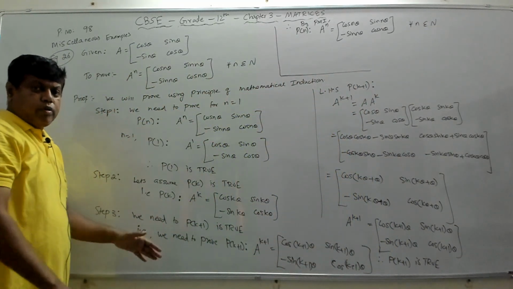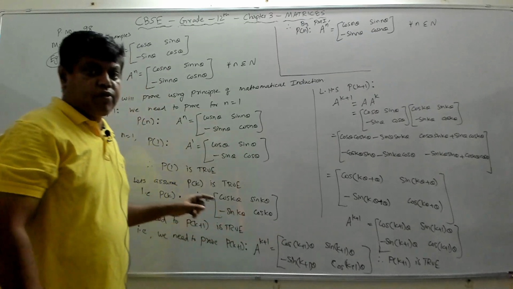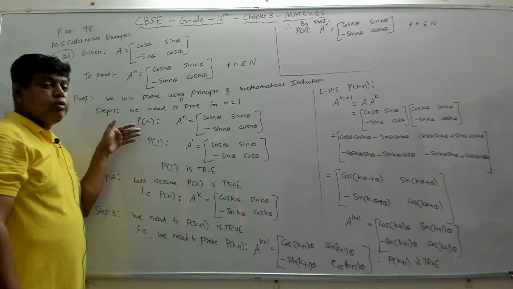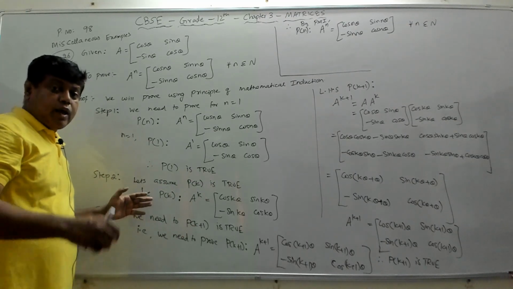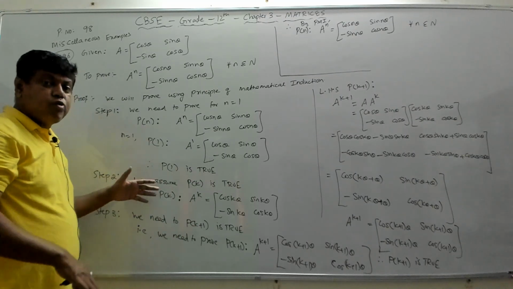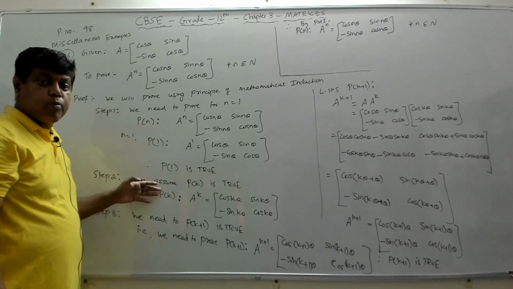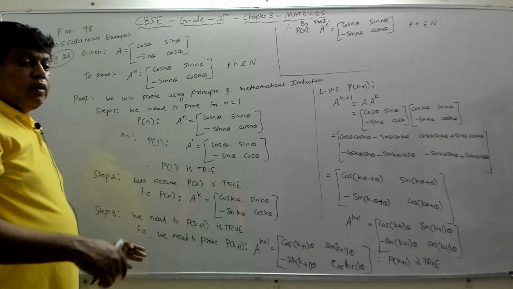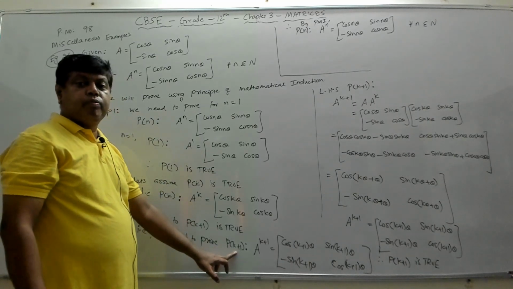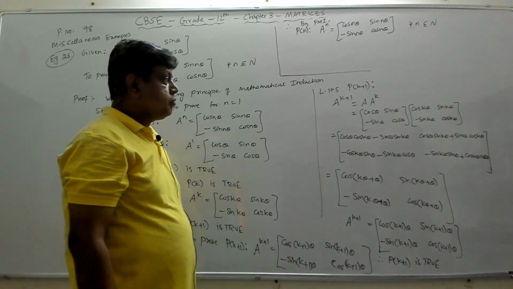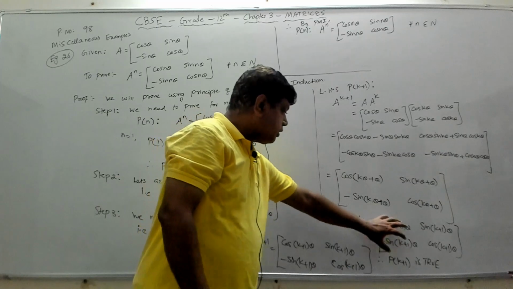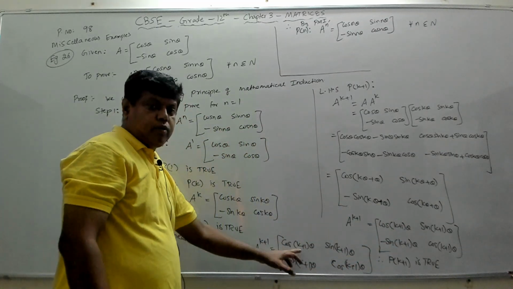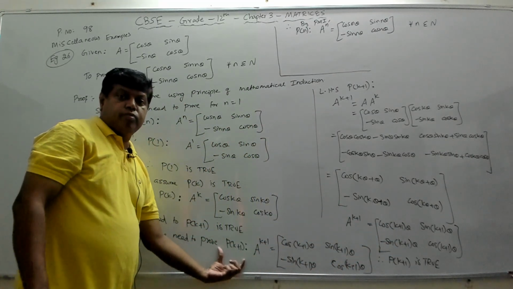So once you write these three steps: the first step is we will have to prove that for n equal to 1 it is true. Then second step, we will assume when n is equal to k it is true. We will assume; here we will not prove. Third step, again we will have to prove that when n is equal to k plus 1 it is true. We have proved that it is true because we got A power k plus 1 is this, which is this. These two are equal. So therefore k plus 1 is true.